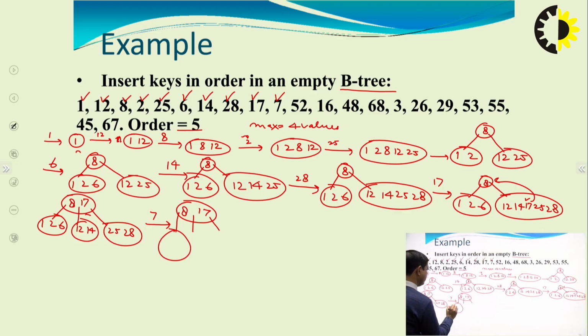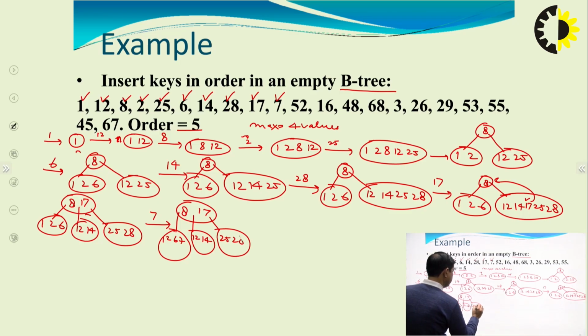It will be 1, 2, 6 and 7. Again it is 12 and 14, and these are 25 and 28. Now after that, we have to insert 52. Again we will compare this value with the root value, and we will decide it will be after 17. That means in this node. That is 8, 17,